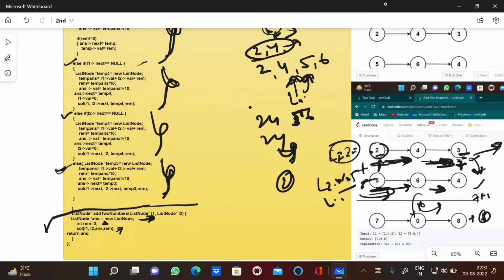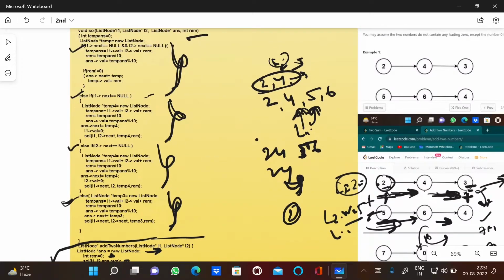We did what, like int temp answer, we have made a variable temp ans, and we are adding L1 dot value plus L2 dot value plus remainder. So we are simply adding, and for the remainder purpose we have divided by 10, like the sum will be 15 by 10, remainder will be temp answer by 10,